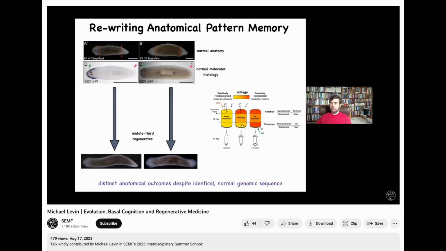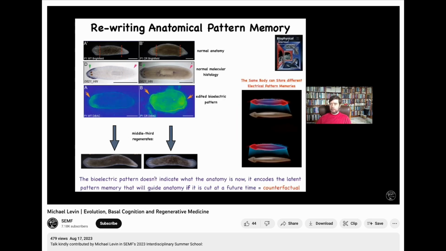So we asked this question: when you amputate this planarian, how do you know how many heads you're supposed to have? And it turns out that there's an electrical gradient that we characterized that tells you how many heads you're supposed to have. What you can do is cut off the head and the tail, and this middle fragment will regrow a nice perfect worm 100% of the time. But because we understood this gradient, we were actually able to make these two-headed worms by taking this electrical